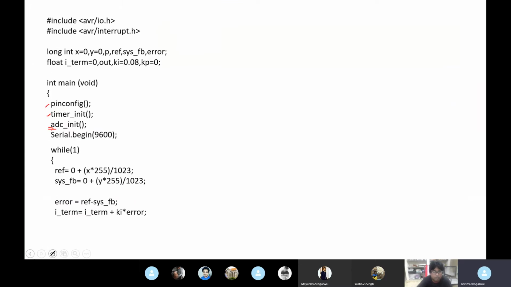Now I'll come to the main function. In the main function, as we know that the ADC conversion happens in 10-bit, we need to scale it down. So we know that the variable X has the reference value, and we are just scaling it down. I've explained the mathematics before. Reference equals X into 255 divided by...